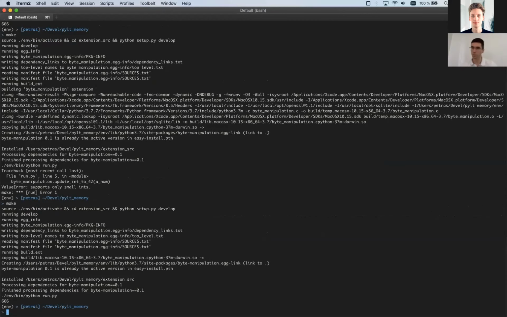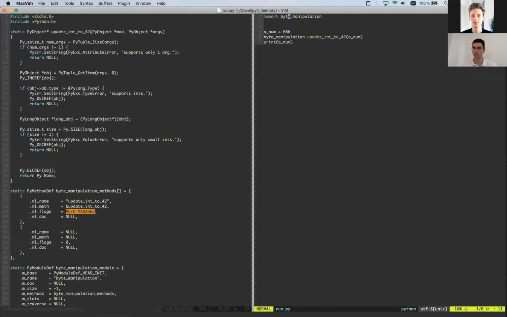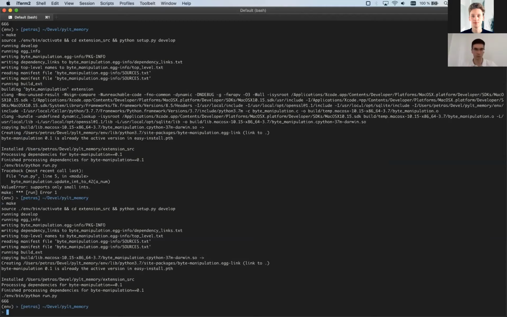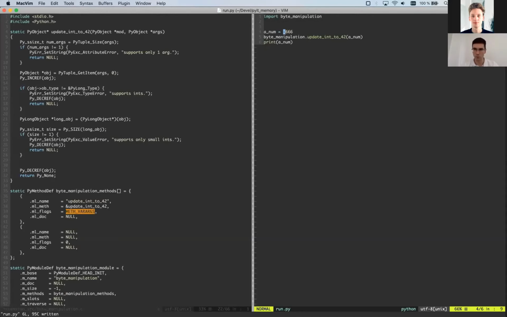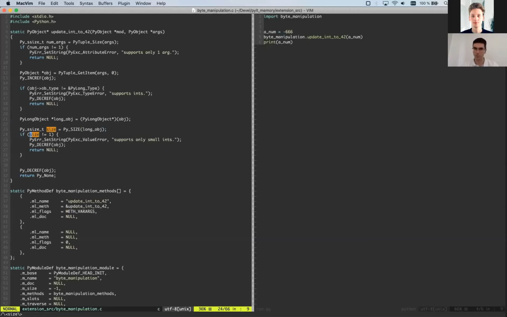Oh, there's also one important trick or hack Python does. If I add a minus sign here, it actually fails with a value error that it only supports small integers, because size is negative now. So it's a hack. All negative numbers have negative size.